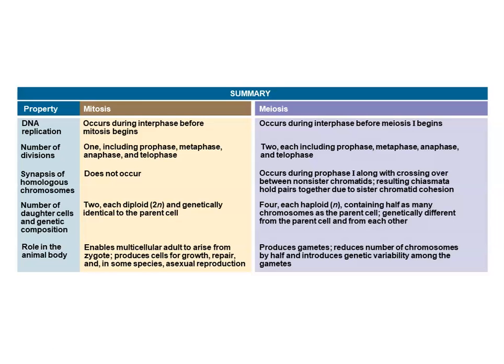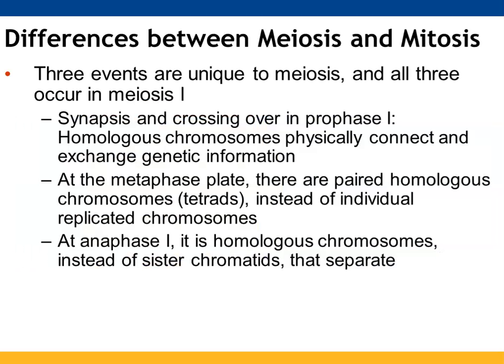You're going to produce two identical diploid cells in mitosis. In meiosis, you're going to produce four haploid cells that are going to be genetically different. In mitosis, these cells are going to be used to produce your multicellular organism. In meiosis, when you go from diploid to haploid, you're producing your gametes. This is also providing ways to increase the variability in the alleles, which is going to have a pretty significant impact on the genetics for that potential offspring.